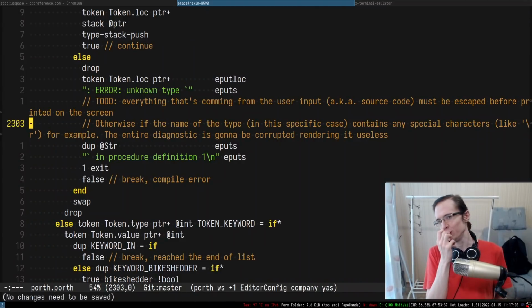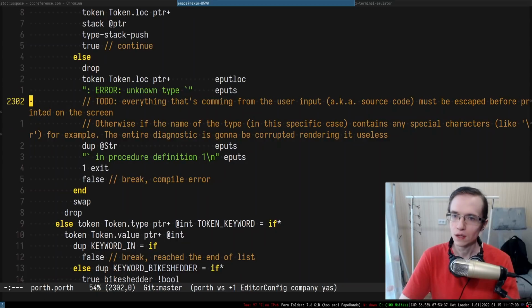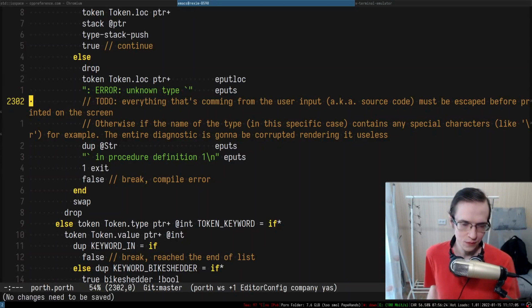There we go. So this is very important, so I wanted to put a TODO in here. Yeah, okay, so we have what to do.